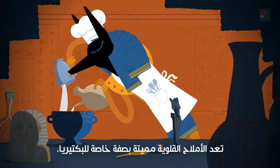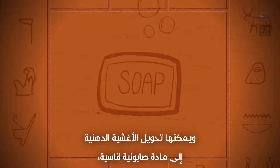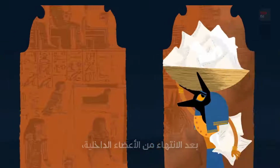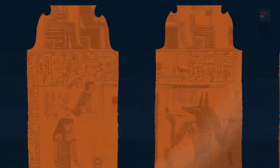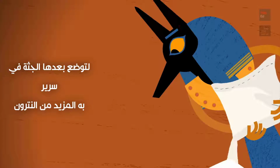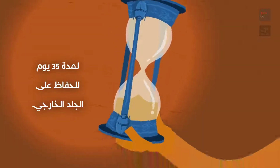Alkaline salts are especially deadly to bacteria, and they can turn fatty membranes into a hard, soapy substance, thereby maintaining the corpse's structure. After dealing with the internal organs, the priests stuffed the body cavity with sacks of more natron and washed it clean to disinfect the skin. Then, the corpse was set in a bed of still more natron for about 35 days to preserve its outer